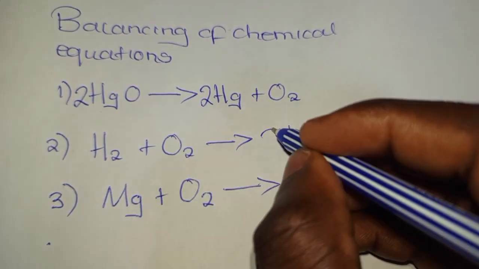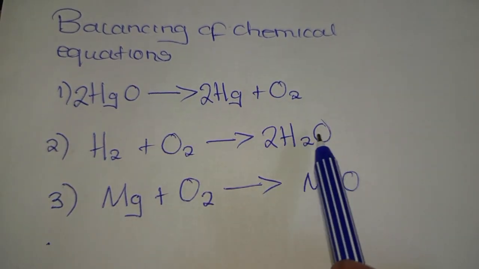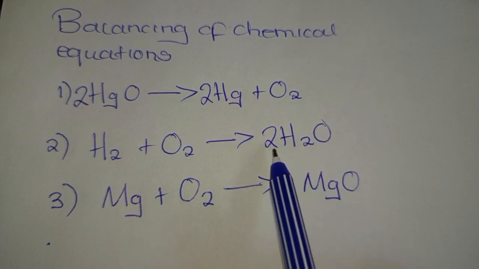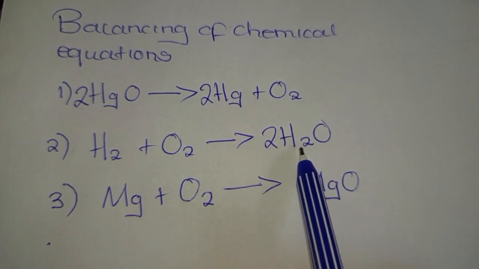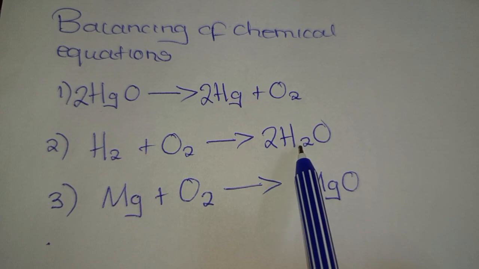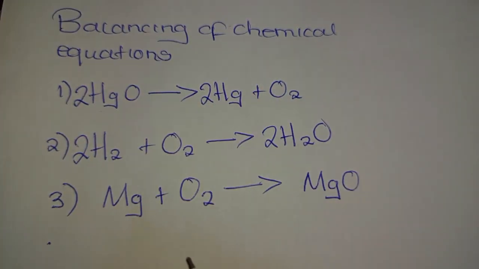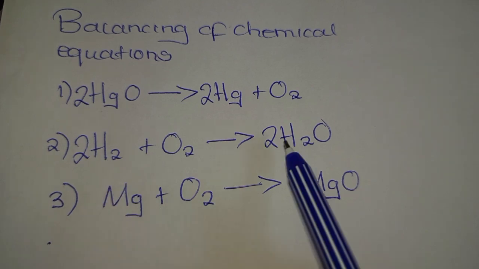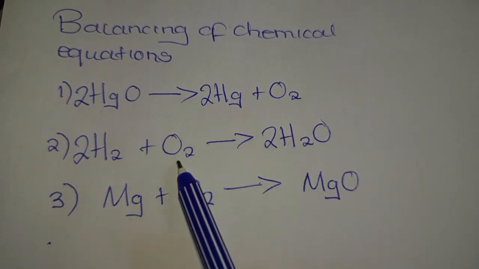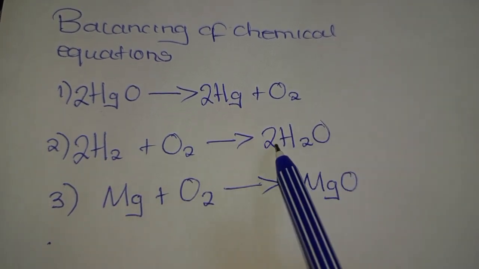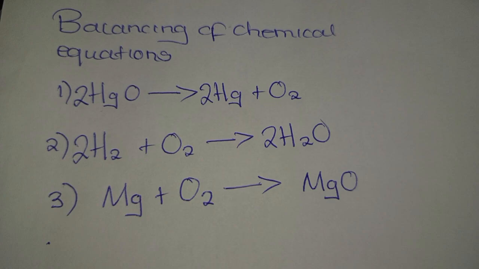What you can do is put a 2 here. Immediately you put a 2, this 2 has affected hydrogen, so it will become 2 times 2, which is 4. Now you have 4 atoms of hydrogen and 2 atoms of hydrogen. So what we can do here is put another 2 here. So you have 4 atoms of hydrogen and 4 atoms of hydrogen, 2 atoms of oxygen and also 2 atoms of oxygen. So it has balanced. Then the third one that you have